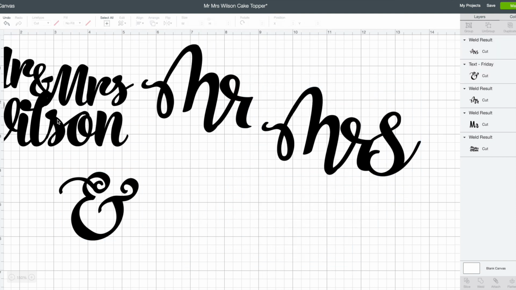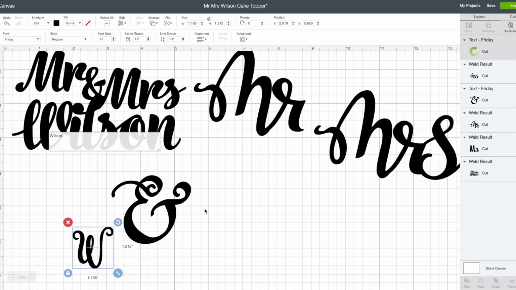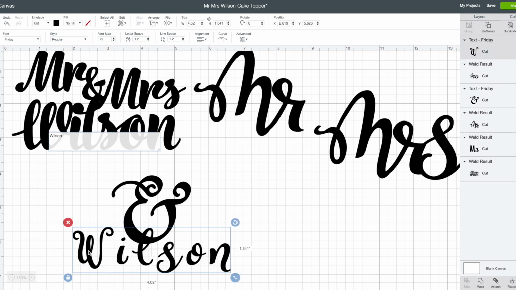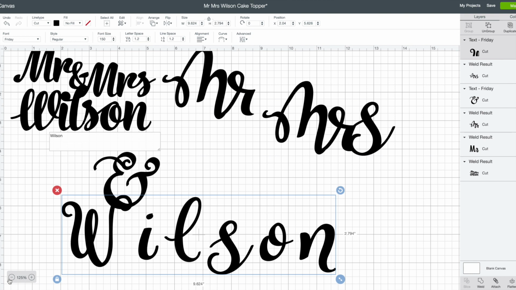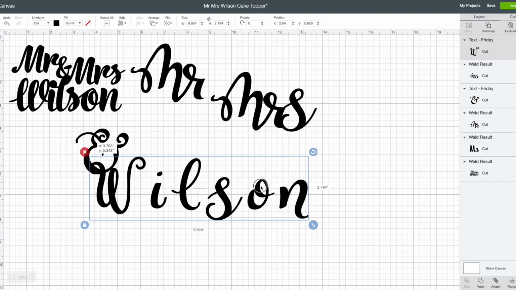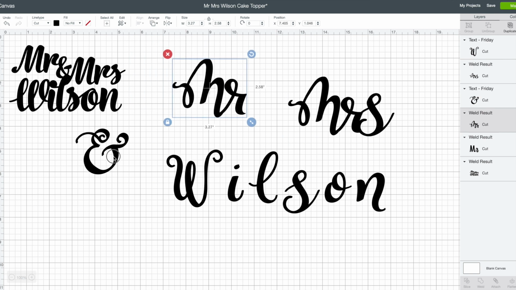I'm going to highlight the Mrs., weld it together, and again I'm going to keep my ampersand separate for now. Okay, so now let's do the last name. Wilson. Okay, and I'm going to go ahead and make that 150. Okay, I'll make this smaller again just so we can see it all. Okay, Mr., Mrs.,